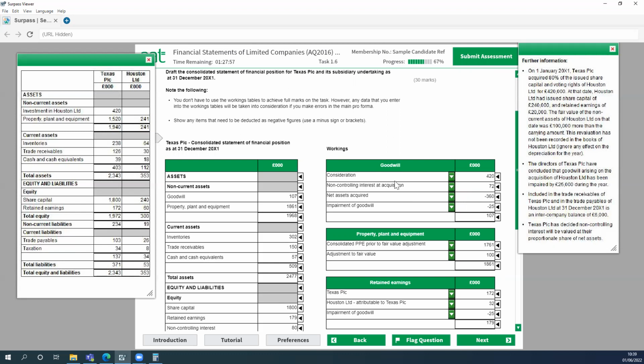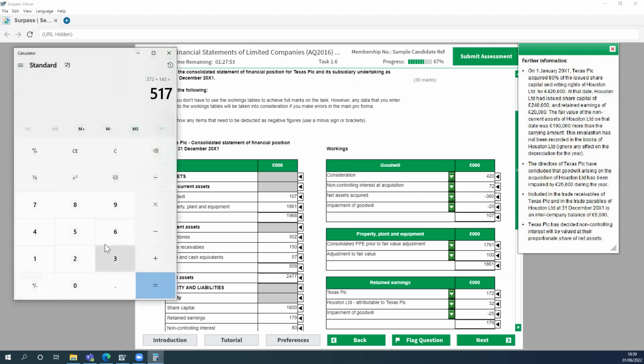So of that, what has the non-controlling interest got? So we've got your net assets acquired now as £360,000, yeah? And the non-controlling interest, so 20% of that, the subsidiary has still got control of. So times 0.2